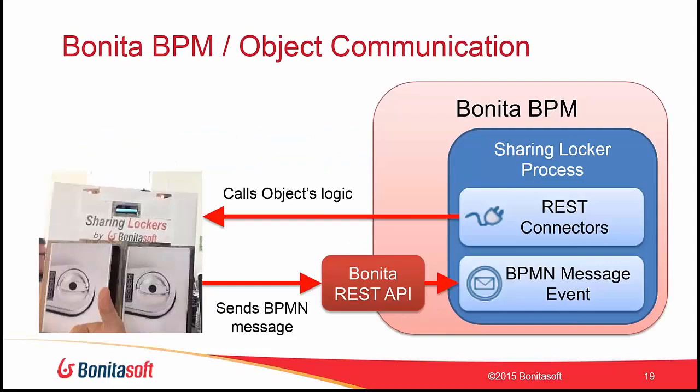And to put it in more context, this is what happens. You have your locker sitting on one side, and you have your Bonita process, sharing locker process, connecting to the object using REST. So it's setting, for example, the access code using REST. So the object logic now is able to work in kind of offline mode because it has the access code